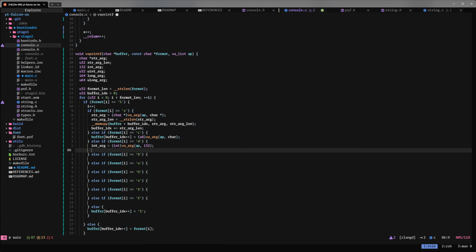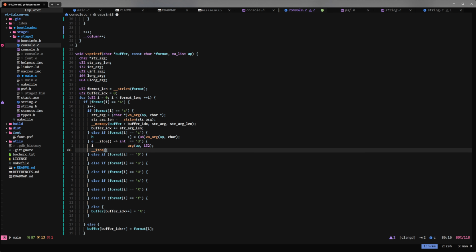Right, so now that we have an int, we will need a way to convert the int representation into its string representation, right? So here what we want to do is create a function. Let's call it int to I2A, which is basically the standard function that does this in the C standard, I2A. And this function here will take